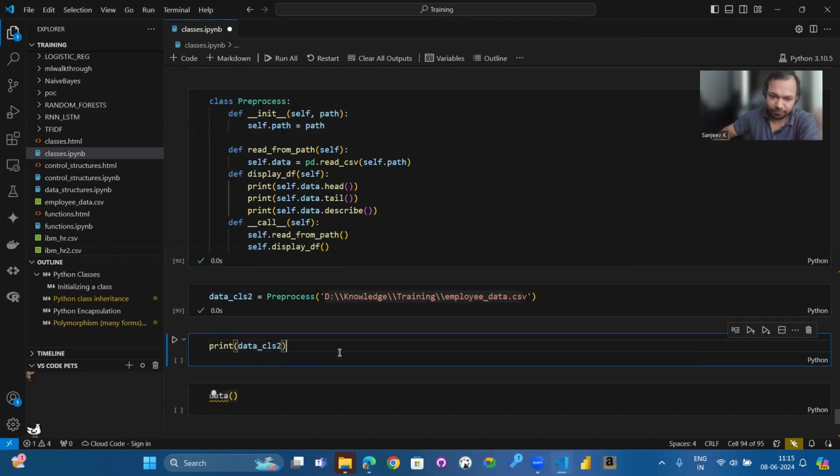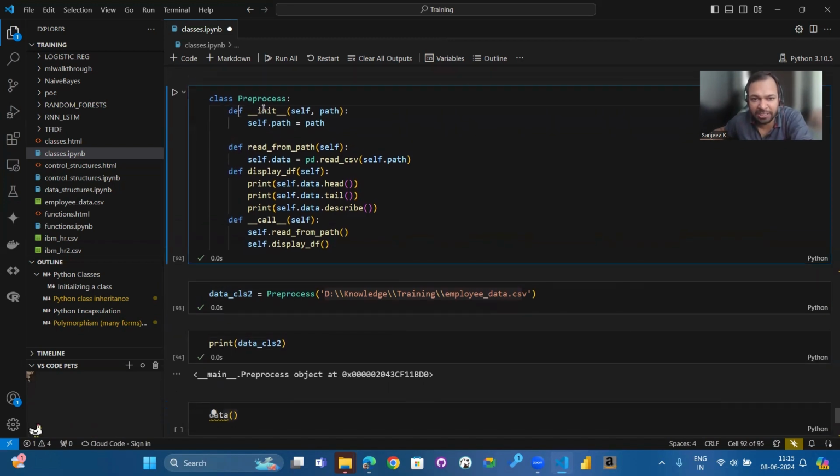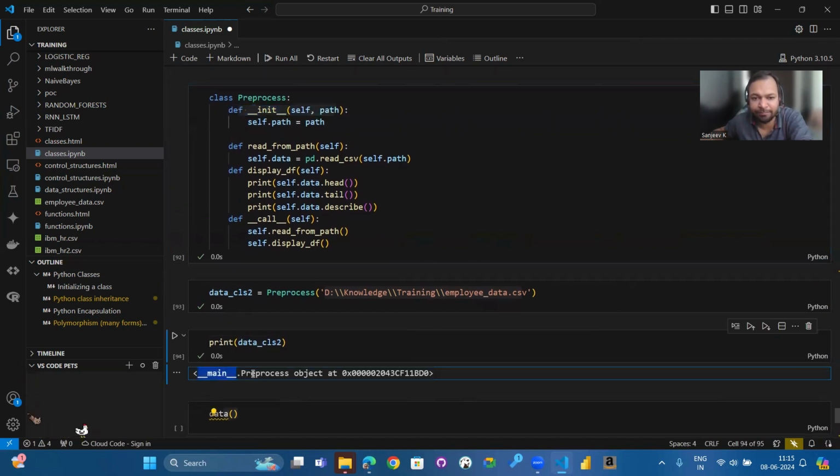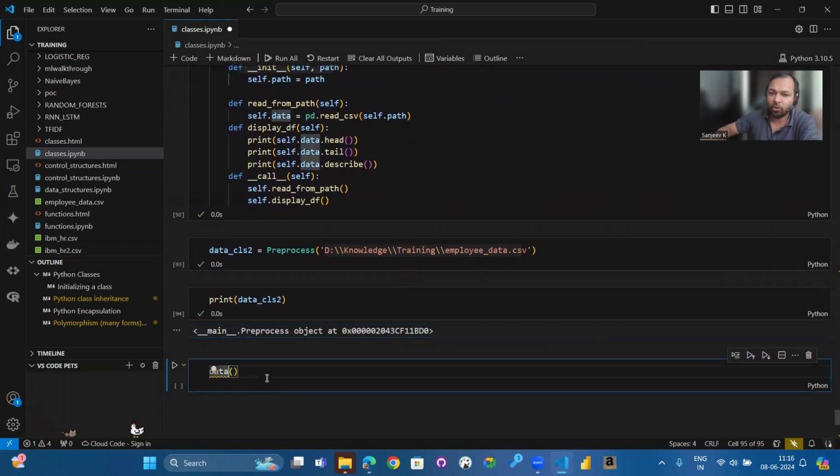CLS2. I'm going to print it. Notice I don't have a __str__ now, so that is why it is saying that the main object is present in so and so memory. And when I call this CLS2, how you call it is by using parentheses. Okay, I have declared data_cls2,